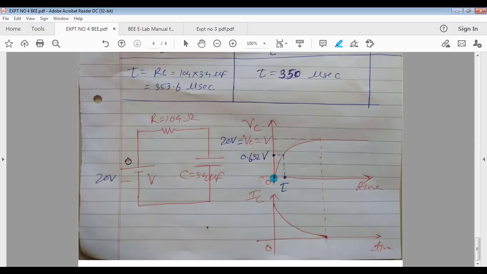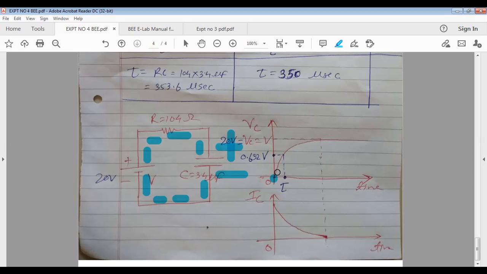Upper one plate connected to positive terminal of battery. So what will happen? The moment you switch on, electrons will move from the upper plate, the one connected to positive terminal of battery. That's why it will acquire positive charge. What does the battery do? It pushes these electrons to another plate of the capacitor. This plate of the capacitor is acquiring electrons, so it will acquire negative charge. Now we can say the capacitor is being charged.